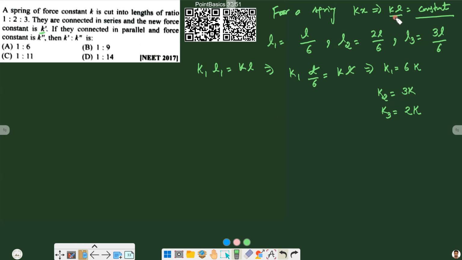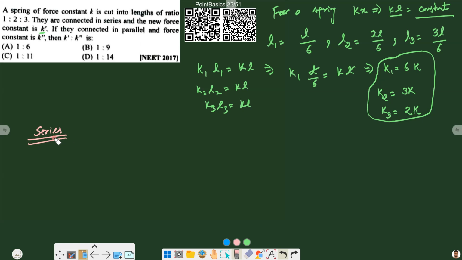Basically, we will use K L is constant, equal to K1 L1, or similarly K2 L2 is equal to KL, and K3 L3 is equal to KL. Using this, we get values of K1, K2, K3 like this. Now we have to do their series and parallel combination. When they are added in series, then they act as resistances in parallel, so they will be added as